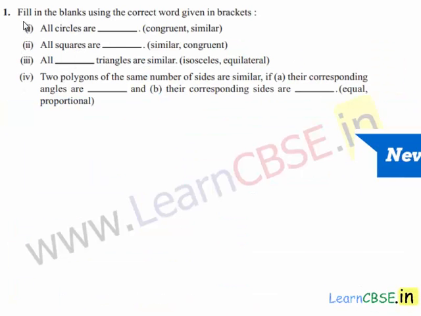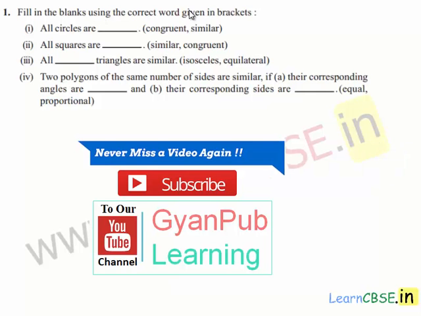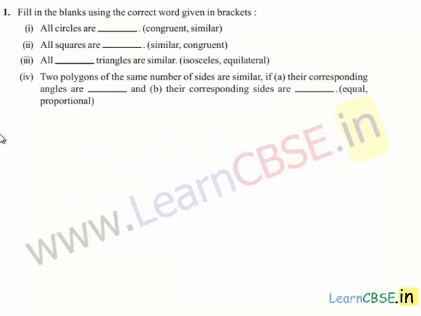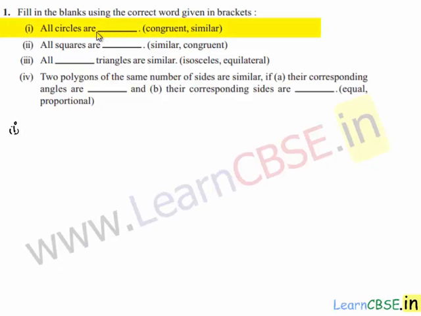Moving on to the first question. Fill in the blanks using the correct word given in the brackets. Now, here it is given: all the circles are congruent or similar. We know that all the circles are similar